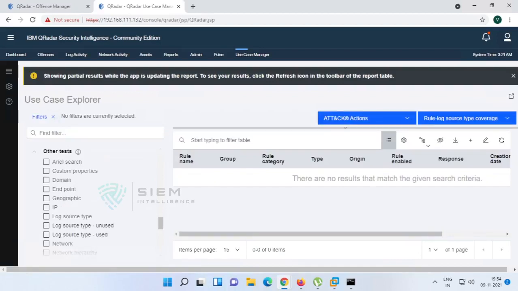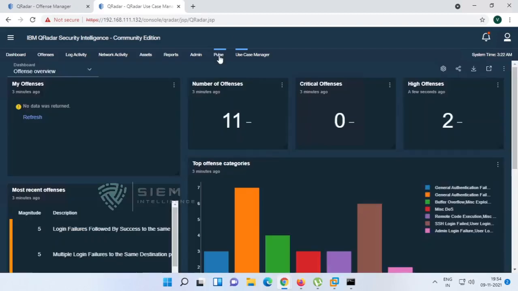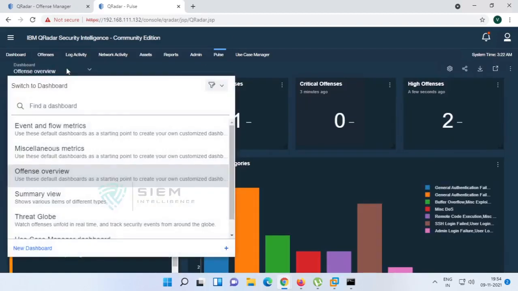Though synchronization is complete, some other things are under process. The app is updating some reports, so you need to wait some time to see that. So you have seen the Pulse dashboard. Any doubts in Pulse dashboard and use case manager?